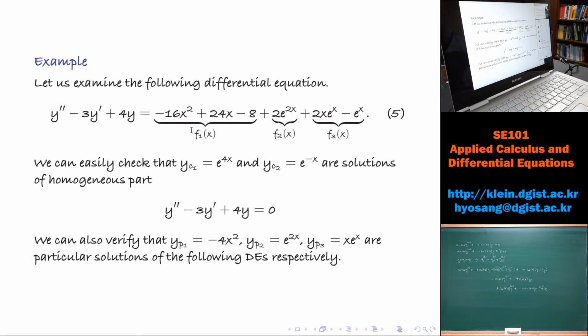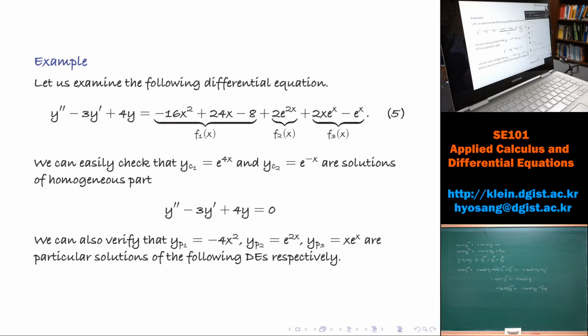How we find yc and yp is the topic that we are going to discuss next week. For now, let me summarize again. yc is a general solution to the homogeneous differential equation, and yp is a particular solution to the given non-homogeneous differential equation. So another question is,